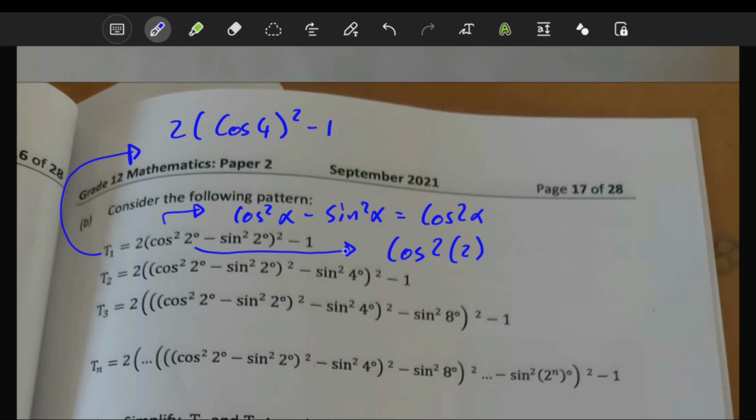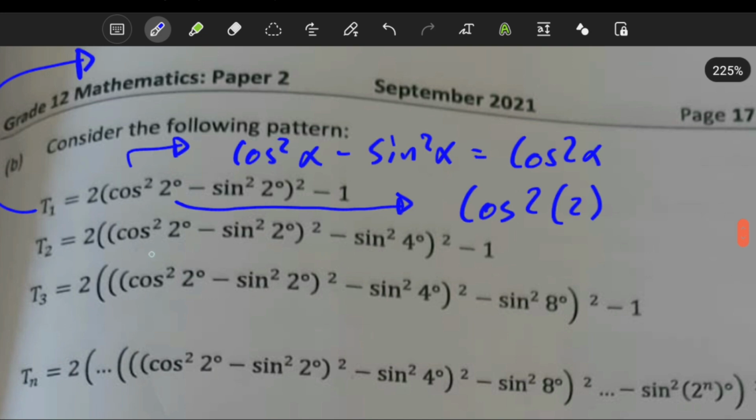Cos, this is not squared. This is definitely not going to come out as squared, but when you do square it, that's where the square is coming from there. So here, what we know is that this thing is going to come out as cos 2 with a 2, and then you're going to square it. Meaning that here you're going to have 2, which is the 2 out there. Here, this squared and this bracket here, inside the bracket, you're obviously going to have cos with a 4